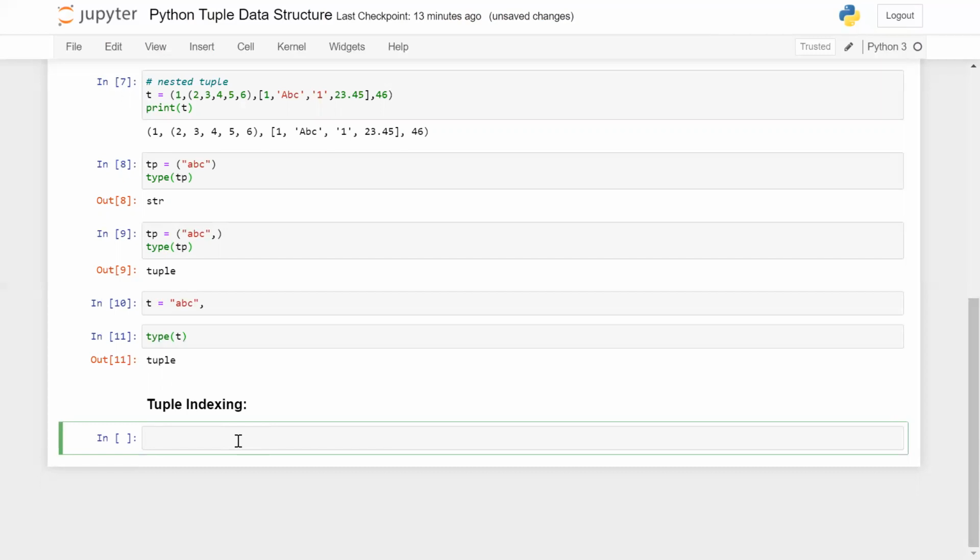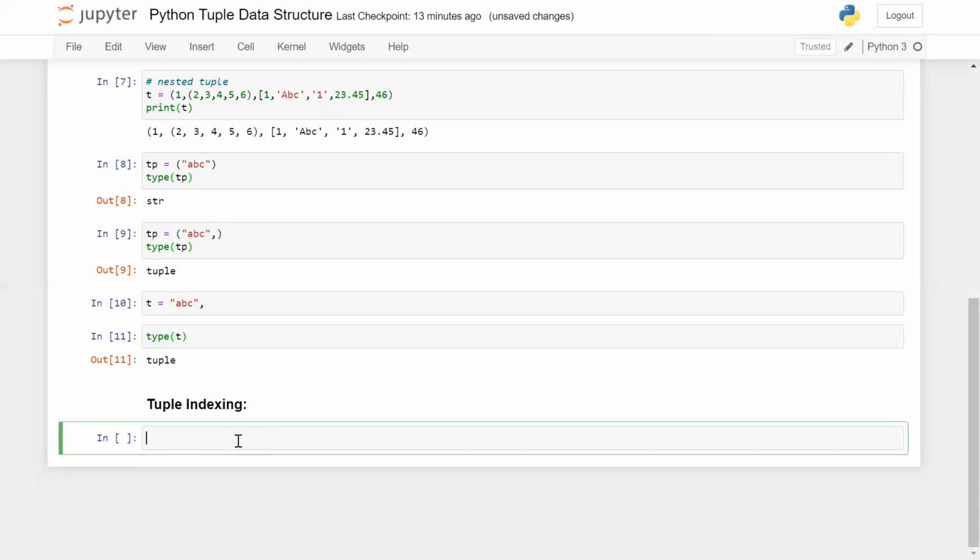Okay, each element has a specific place in the tuple, and all of those items are accessed with the help of an index. So for example, if you want to access some portion of the data of a specific element, we will use the index. Let me give you an example, right?